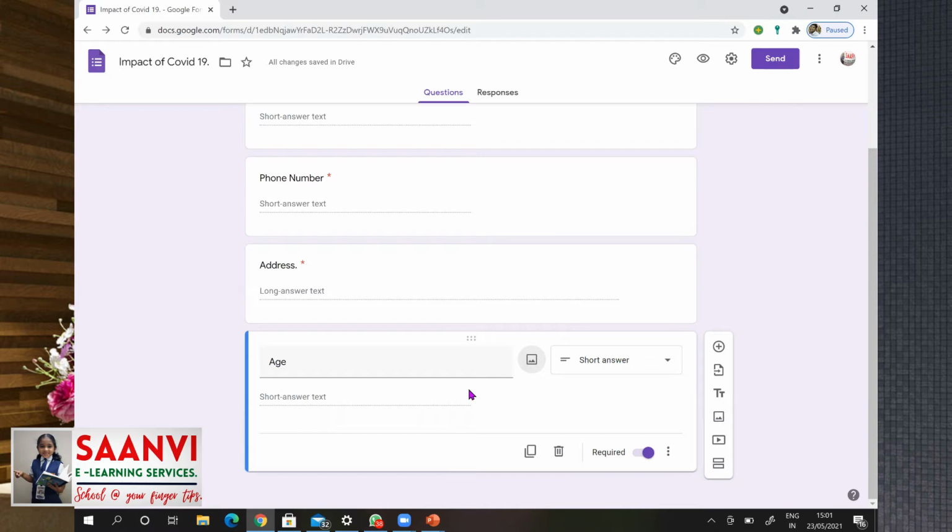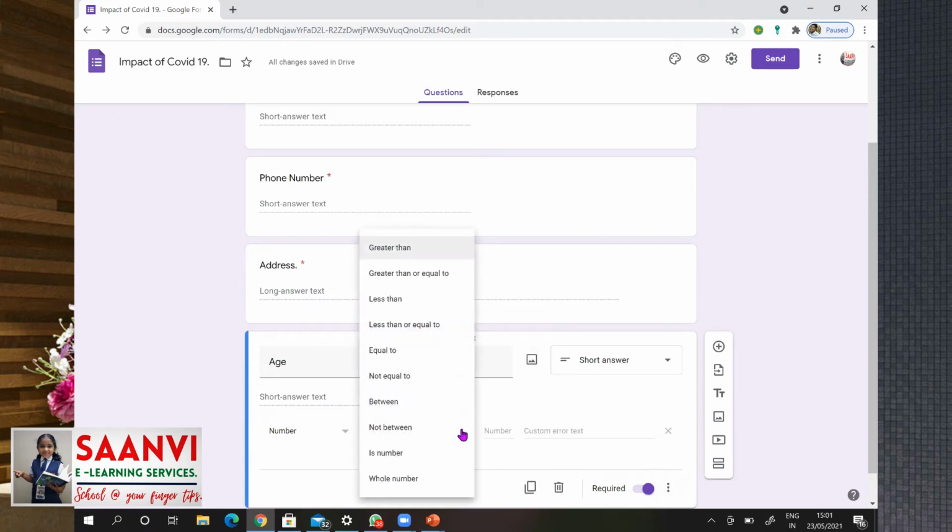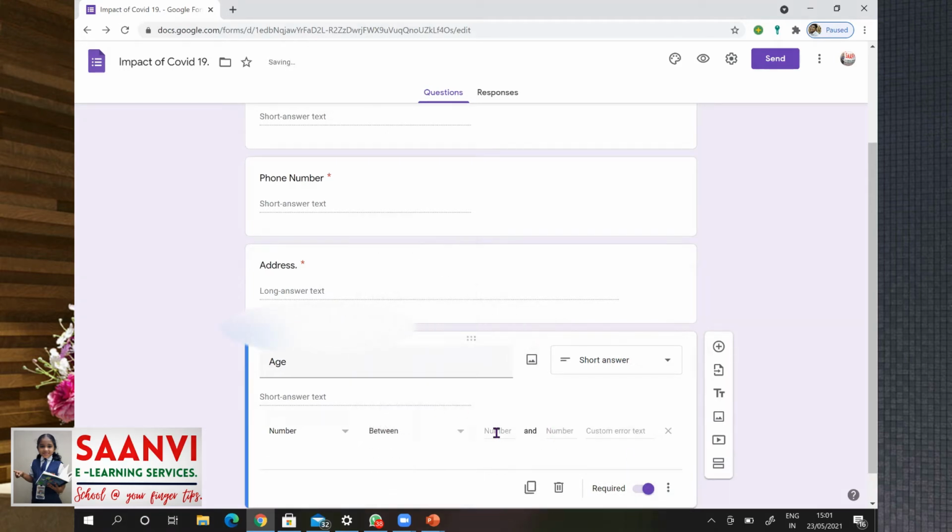Age as it is in number, let us also add validation by response validation. Is number, let us add between 20 and 80. If a person enters other than 20 and 80, it shows the message.